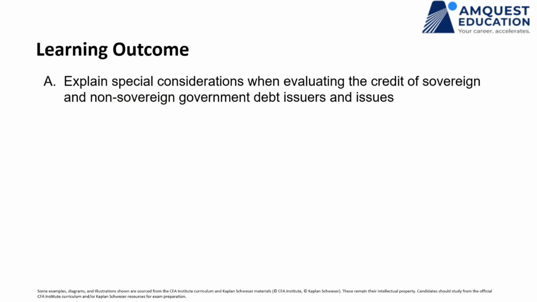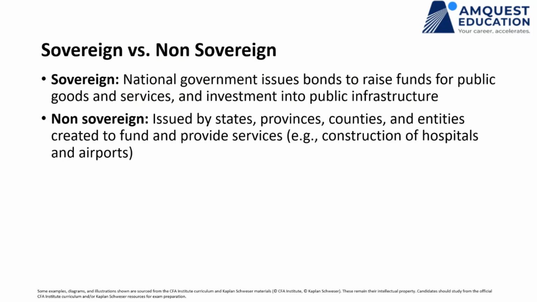Okay, let's talk about government issuers. In the past, when we started fixed income, we did talk about government issuers, and we said it could be sovereign, which means the national government issues bonds to raise funds for public goods and services, and investments into public infrastructure. Then there could be non-sovereign, which are issued by states, provinces, counties, or other non-sovereign entities from a European or US market perspective. This could be cities,